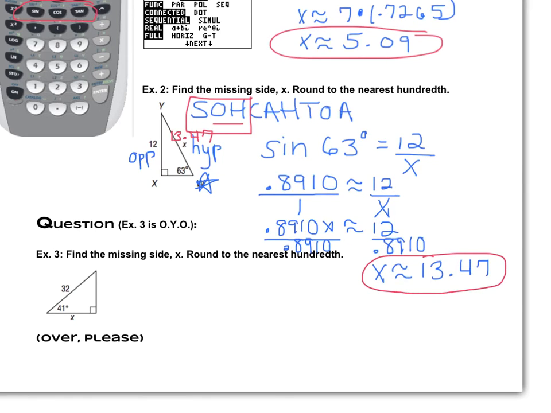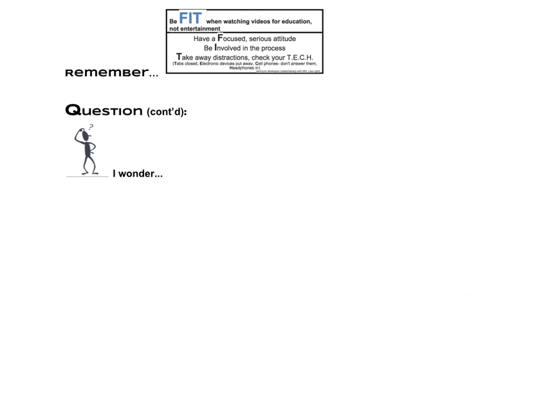But go ahead now and go through the question section, the Q question of your WISC, and this time I'm going to have you do example 3 on your own. Remember to keep in mind SOHCAHTOA. And please flip over the paper when you guys are done with this example. Pause it if you aren't. One more question I'd like you to think about as we get ready for our next video